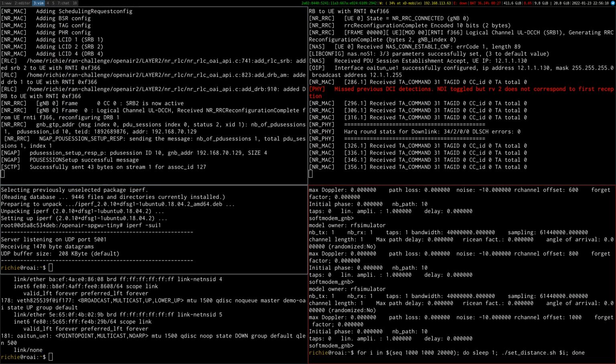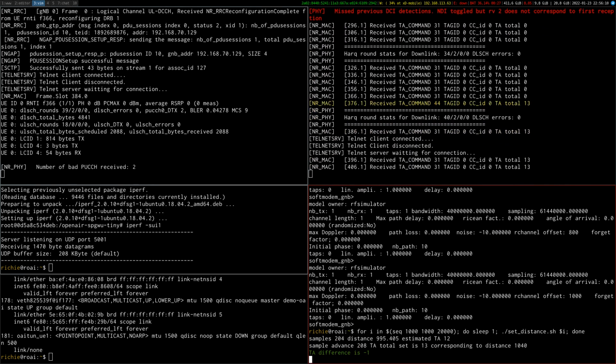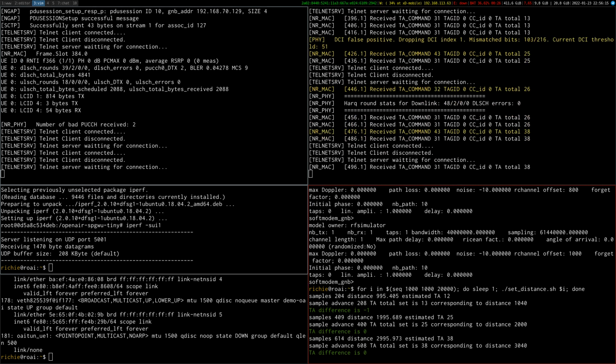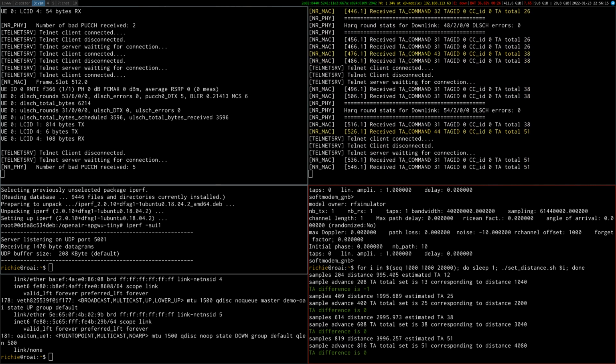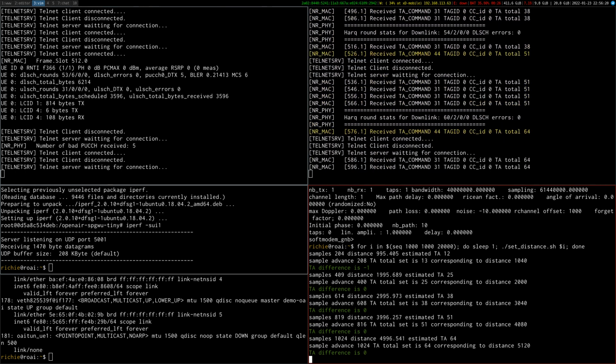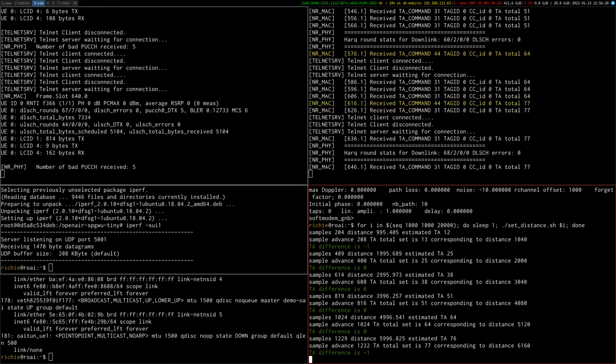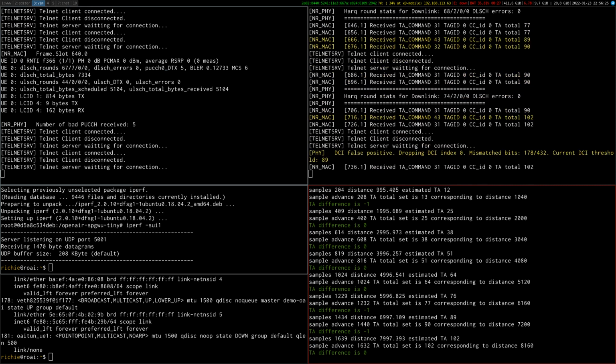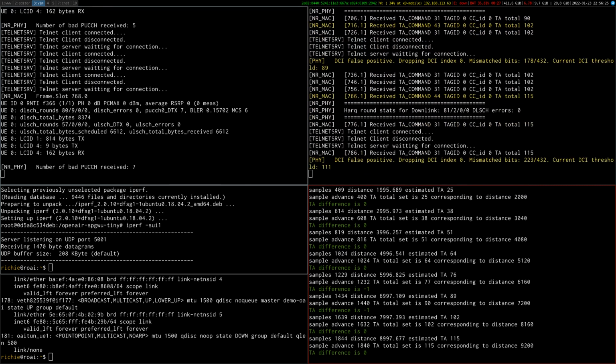Again, we move the UE away in steps of 1000 meters or 200 samples. We see that the connection does not break. Furthermore, the script verifies that the UE uses the right timing advance. We calculated the expected absolute TA from the distance and compare it with